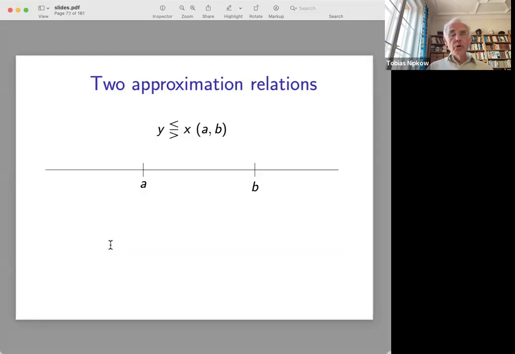And let me just contrast those two relations. This is the relation that Knuth worked with, and I've given it this funny symbol. It's denoted by that funny symbol. And if you have some interval AB, the definition was, just to recall it, if y is below a,